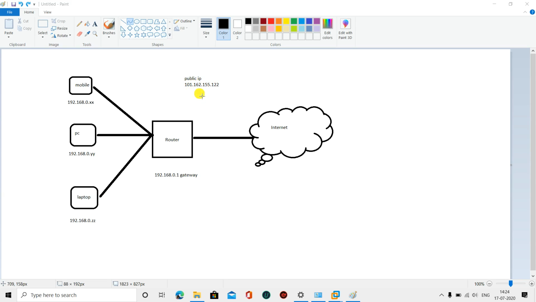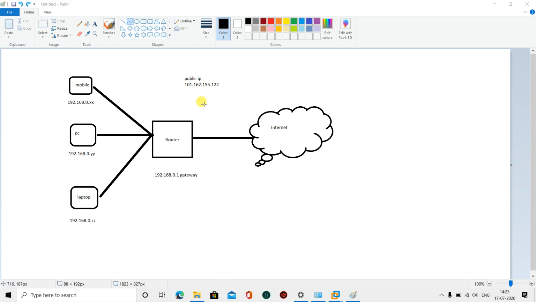So when we purchase a broadband connection, they will give us only one public IP, but we are going to use it on multiple devices. So for that we are using the router, so that it will give some sub IP addresses which are not public IPs, so they can be considered private IPs. Here this is the original public IP, but we have to access the internet from multiple devices.